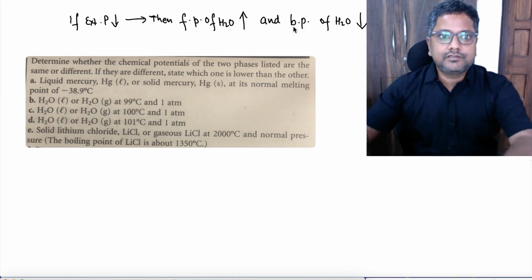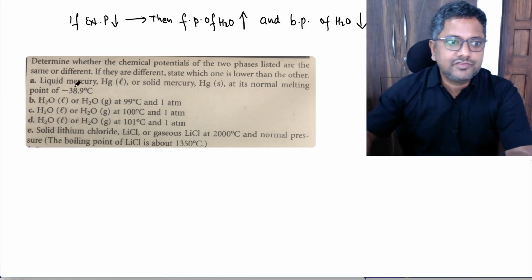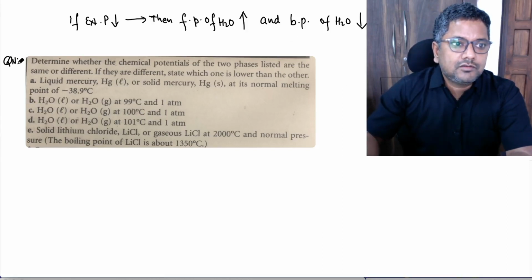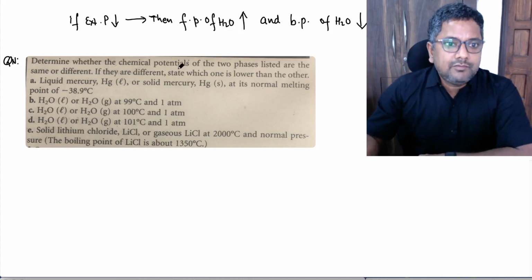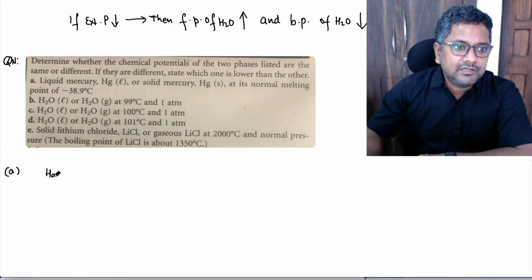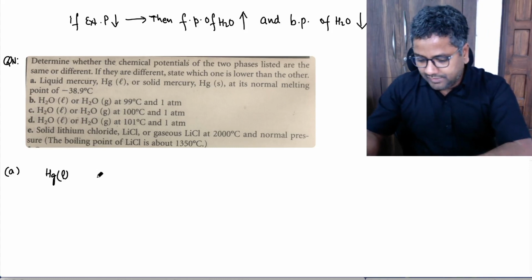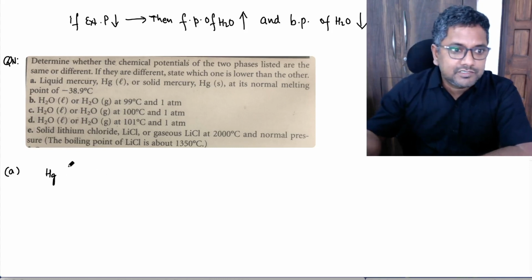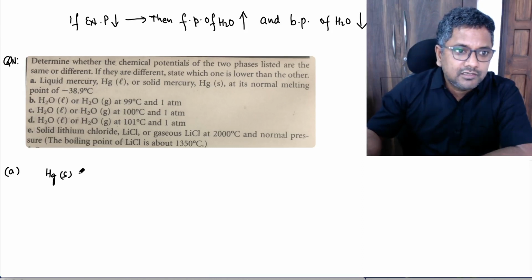Well, see this question. Let's practice one question here. The question is, determine whether the chemical potential of the two phases listed are the same or different. If they are different, state which one is lower than the other, right? So first case, it is given A, liquid mercury. Whatsoever is given, you can write as mercury liquid and mercury solid at its normal melting point. So if melting point is asked, it is better to write solid, put the reversible reaction arrow,